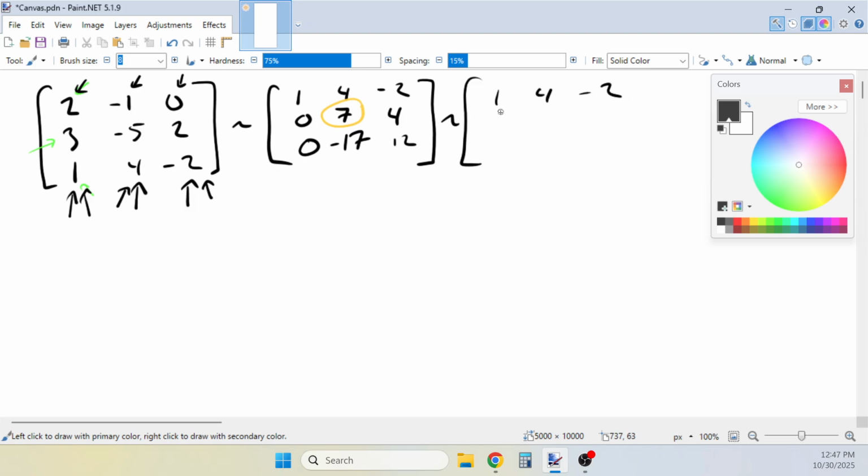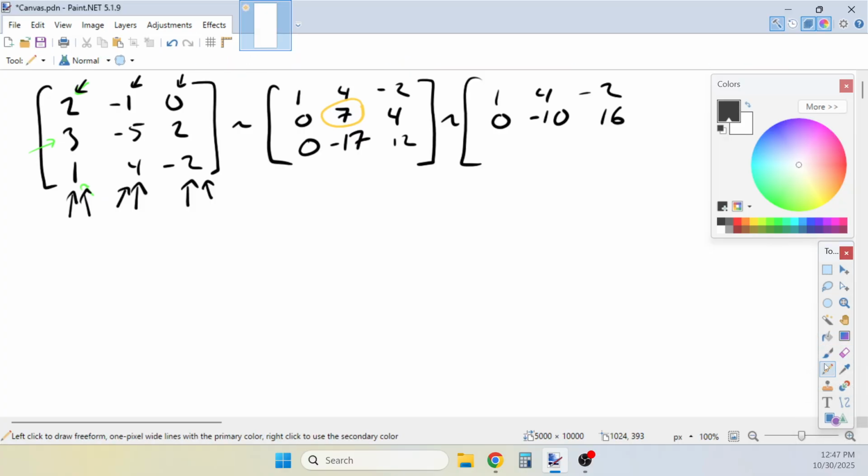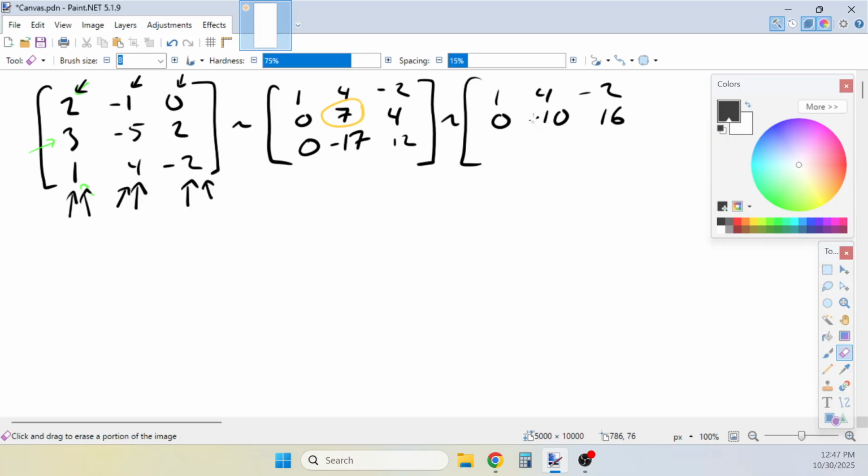If I add the two rows together, and if I divide by 10, then if I divide that row by 1.6,